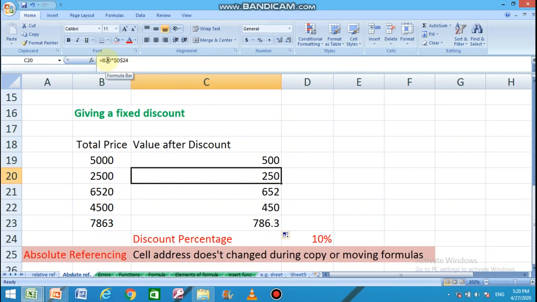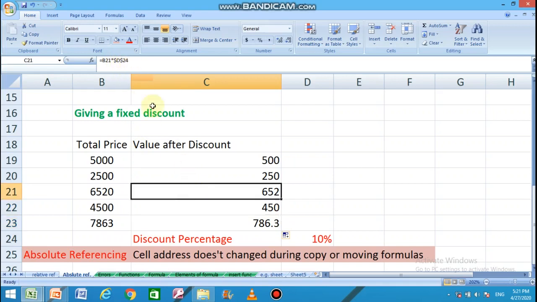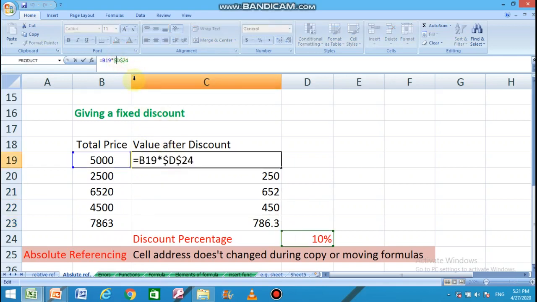B19 reflects relative referencing, because whenever we copy the formula to another cell it changes to B21, B22, but everywhere D24 remains the same. How? Simply by putting a dollar symbol before the column name and row number. This is how you can perform absolute referencing in your Excel operations.